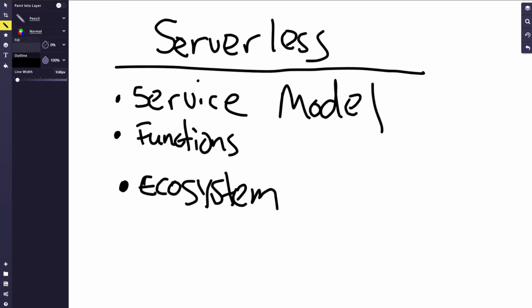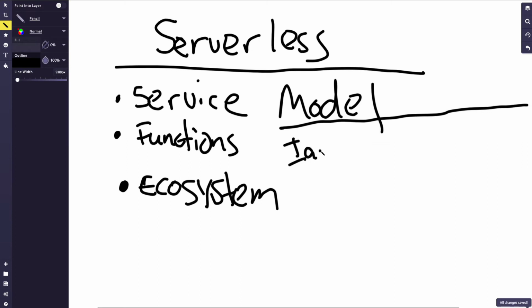So to really explain serverless at the beginning, we need to talk about the service model itself. And to do that, I can actually just draw this maybe at the bottom here to make it a little bit simpler. So when you're building things in the cloud, you have a spectrum. You have infrastructure as a service, which is the lowest level. You have platform as a service, which is a little bit higher level. And then you have things like serverless. And the big distinction